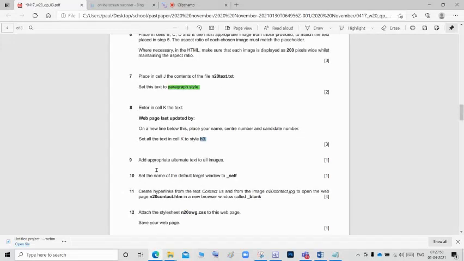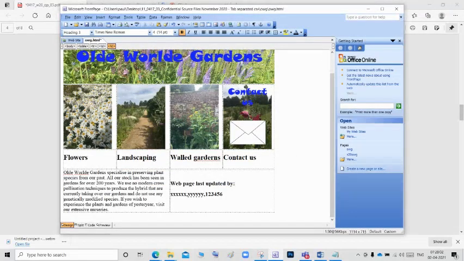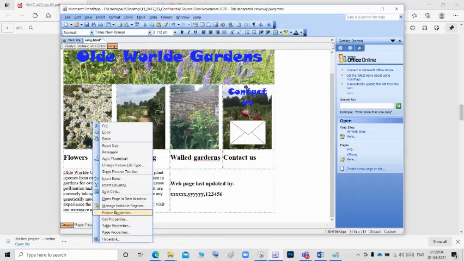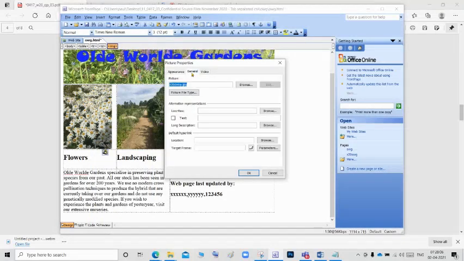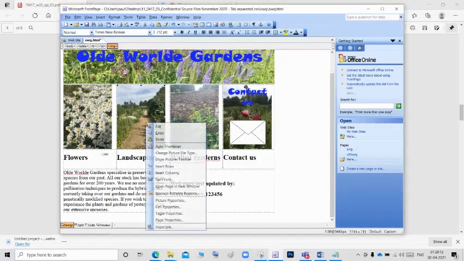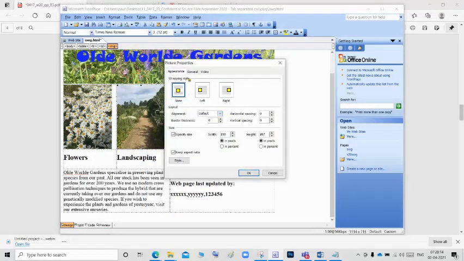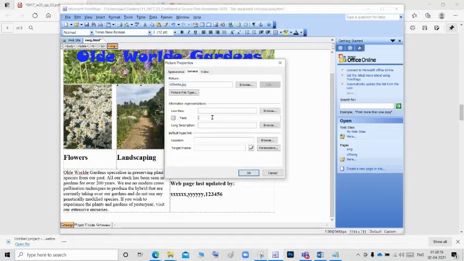Next, add an appropriate alternate text to all images. For all the images, we want to give the alternate name. Go to the picture properties, general. I'm going to give the first one as the flower. Second one, picture properties, general, text, landscape.